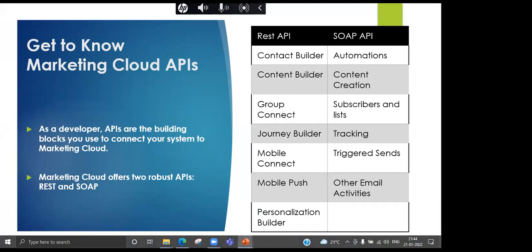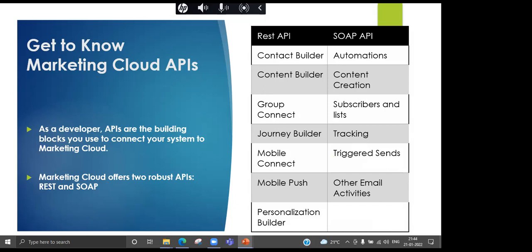We will also be looking at some examples of APIs. If somebody doesn't know APIs, no worry, I will give a brief about Marketing Cloud APIs and what APIs we have. If we build a data model, we won't be importing data manually every time, because we are going to study marketing automation. Marketing automation is only successful if you achieve at least 90% automation for regular tasks in your company.